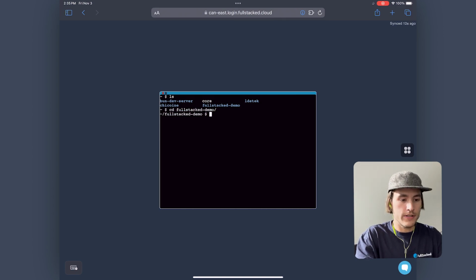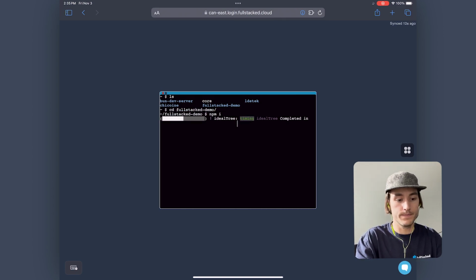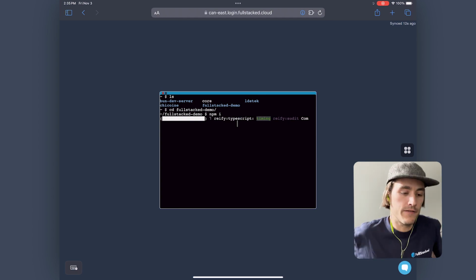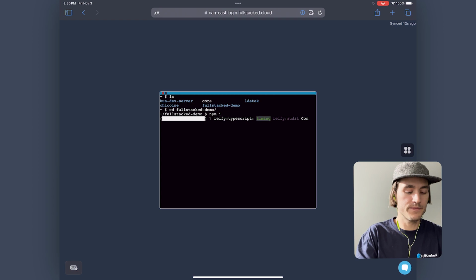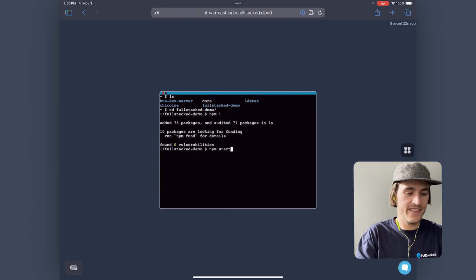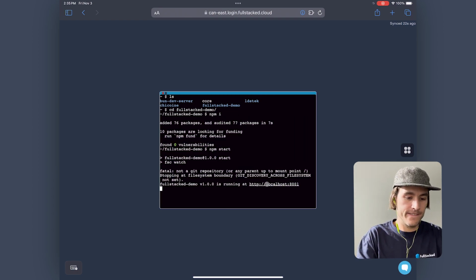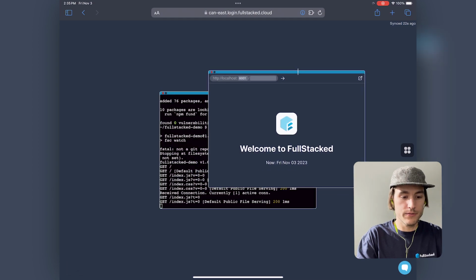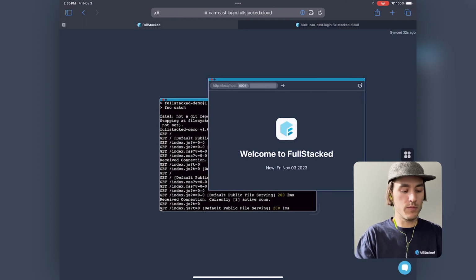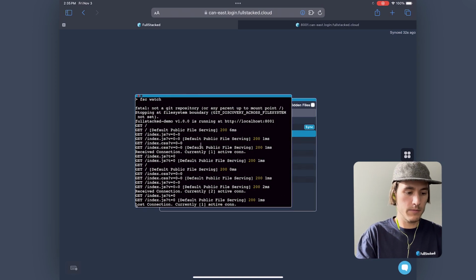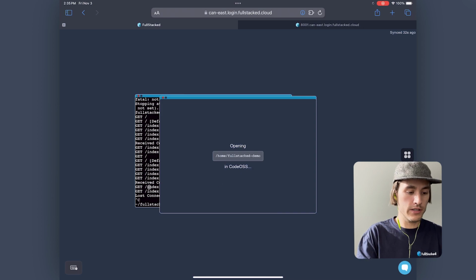So let's now get into it and install. And then we're going to run it to see if it actually is the same app. But it will. And there we go. We have that same app once again. And we can even pop it on another tab and then use the command and numbers to switch between tabs very fast. This is a setup I really like, because now I'm going to open the code editor